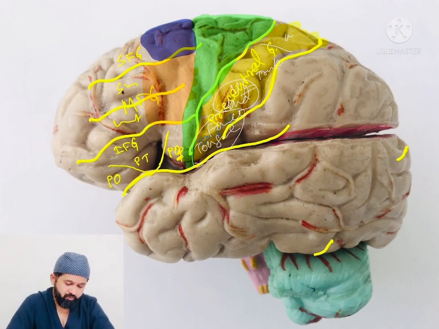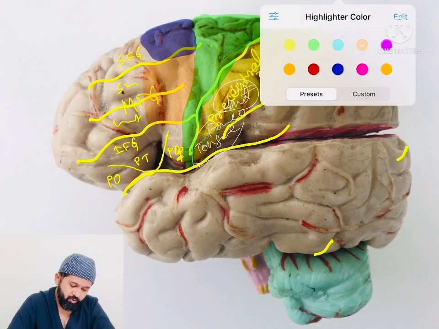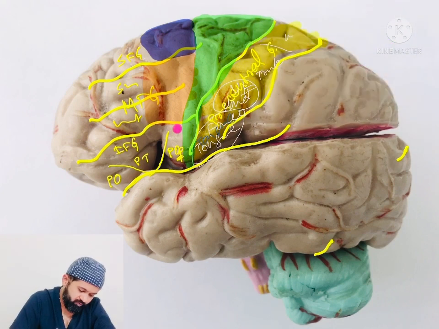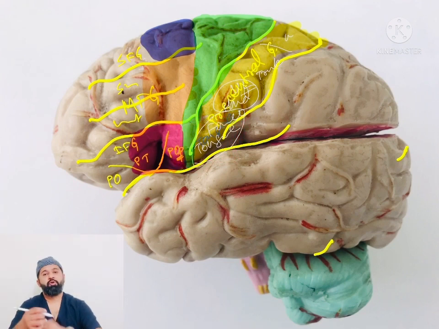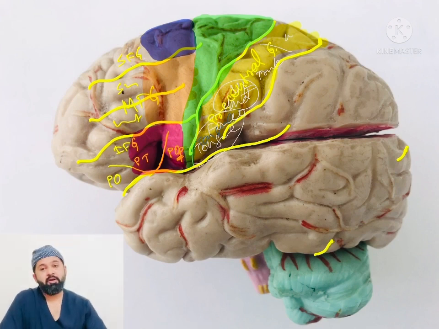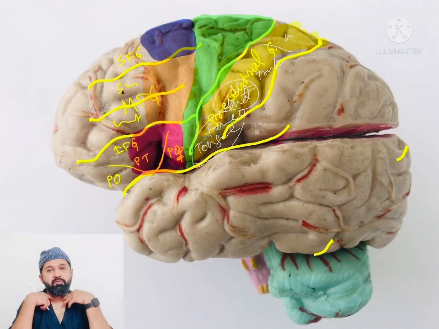Now this posterior part of the inferior frontal gyrus is very important because it represents the motor speech area. Also note that this area is much closer to the representation of the face and tongue. It actually decides what you are going to speak and what your verbal output is going to be. So this area controls the movements of your articulatory muscles, that is the muscles of your larynx. It also controls the movements of the tongue, and finally it produces certain words.